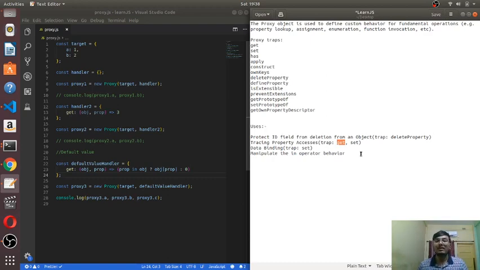Before that, in other languages like Ruby, the concept of metaprogramming was implied through various features. JavaScript didn't have metaprogramming. Proxy and Reflect, another feature, these two were introduced in ES6, and they introduced us to the concept of metaprogramming, which is one of the most important parts. So I think that's all for an introduction on the proxy object.